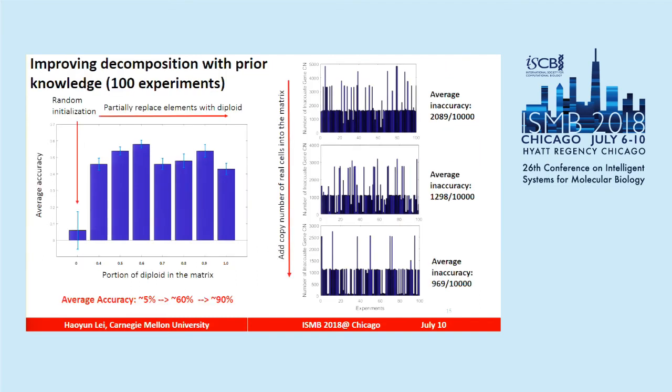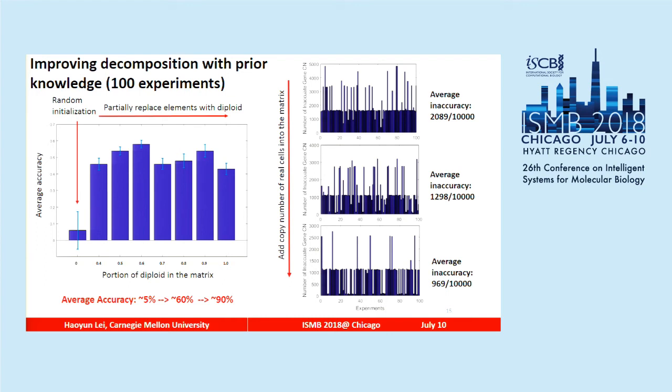This result shows the statistical analysis on the decomposition method with different modifications of the matrix. First we compare the pure NMF decomposition with some single-cell data deployed in the initialization. We can find that with just random initialization, the NMF algorithm has very low accuracy, while when we gradually introduce some single-cell data into the initialization, the average accuracy